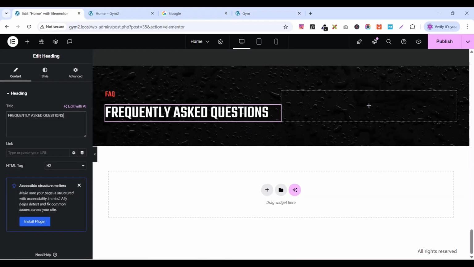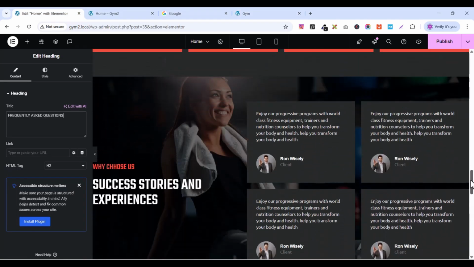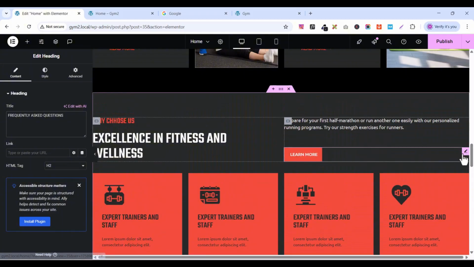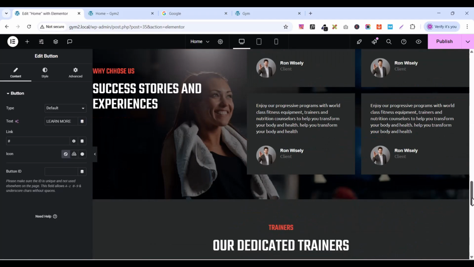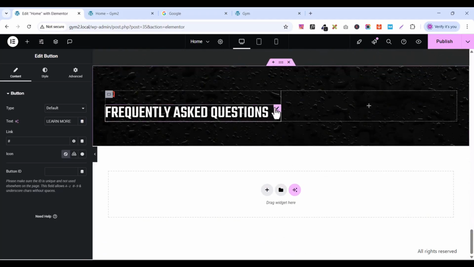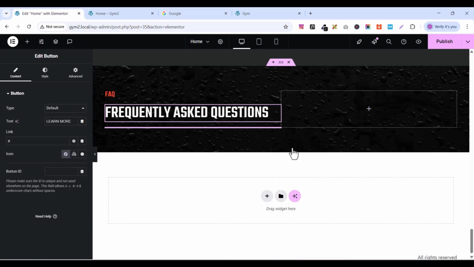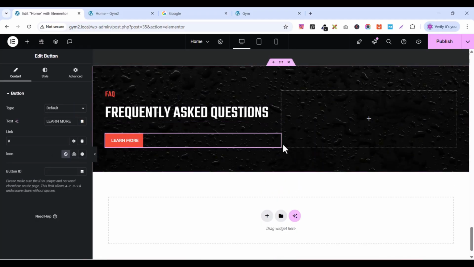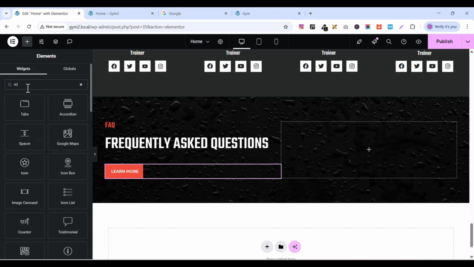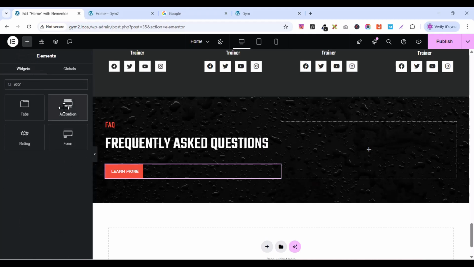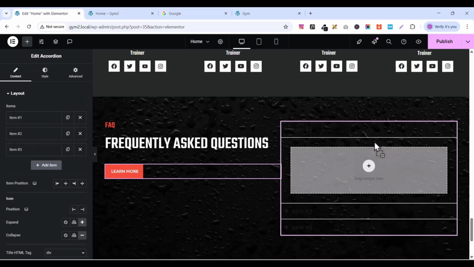So after that, we need this button. So I'll go here, I'll come here, then go to the up, then I'll copy this button from here, copy, then I'll come here and paste it here like this. Okay, so we have this. So in our second container, we have to add an element called accordion. So let's go to our element panel, look for accordion, this element, drag it here like this,